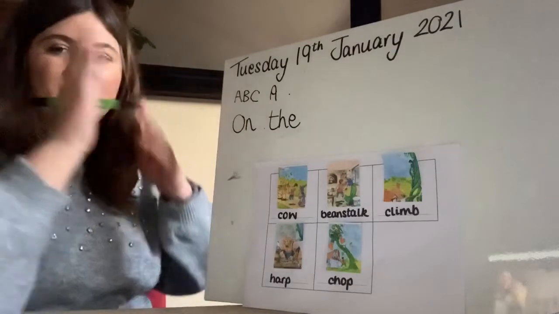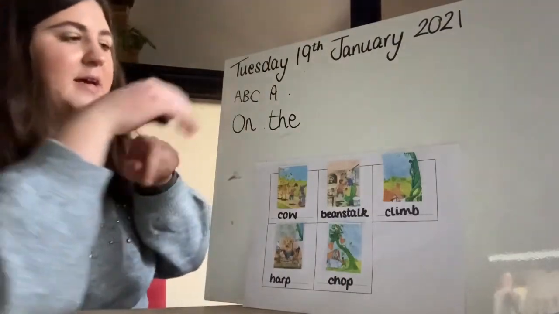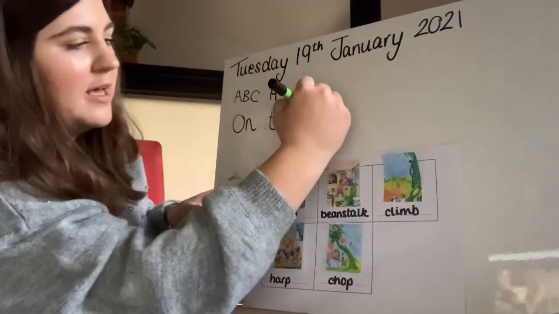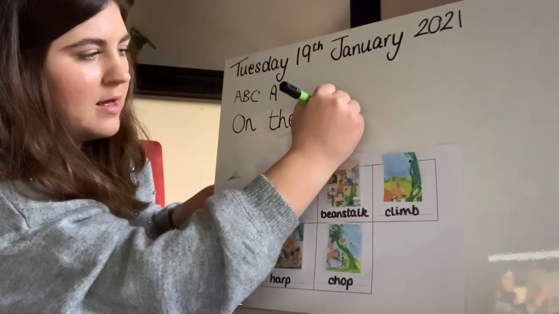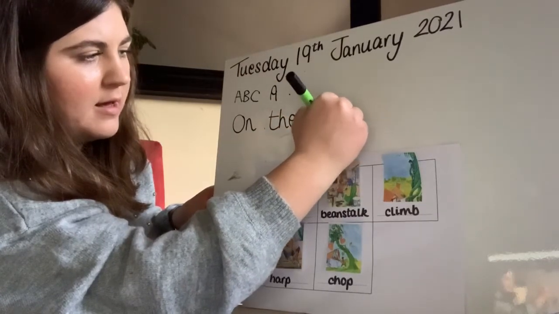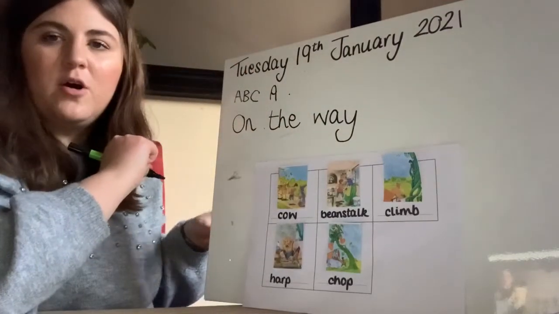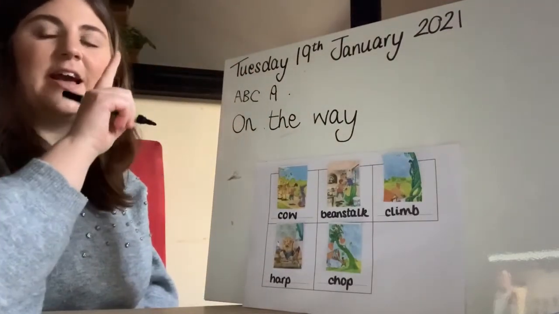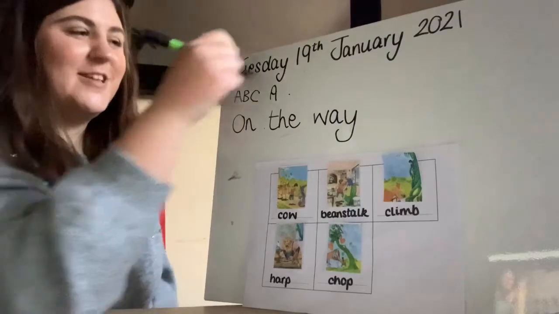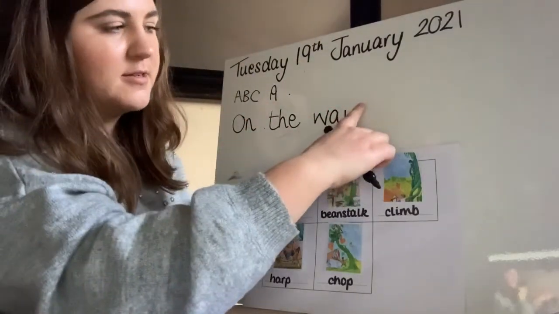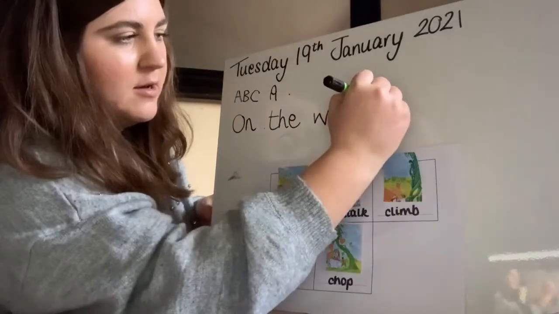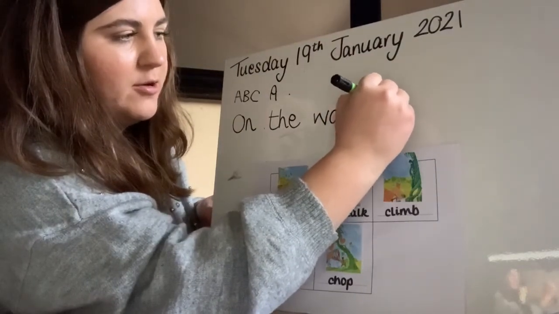way. Good job. We've got a word, so we need a space. On the way to. Another tricky word. Got a word, so we need a space. Good job, finger space. On the way to